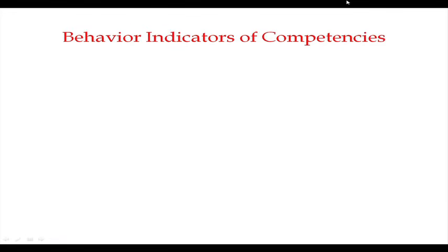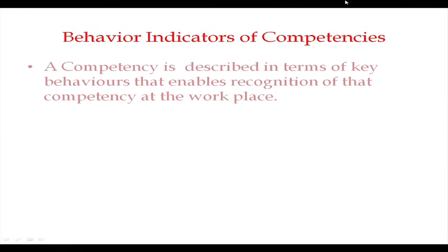Now, what are the indicators, especially the behavior indicators? Because if you are talking about the technical indicators, you will find that most of them are associated with a job. For example, if you are a software engineer, you need certain technical skills, in terms of certain programming languages, at the first level. Second level, you require certain skills in how you are going to use them. Third level, you need certain behavioral indicators, and it has been found that behavioral indicators are more important than the two,